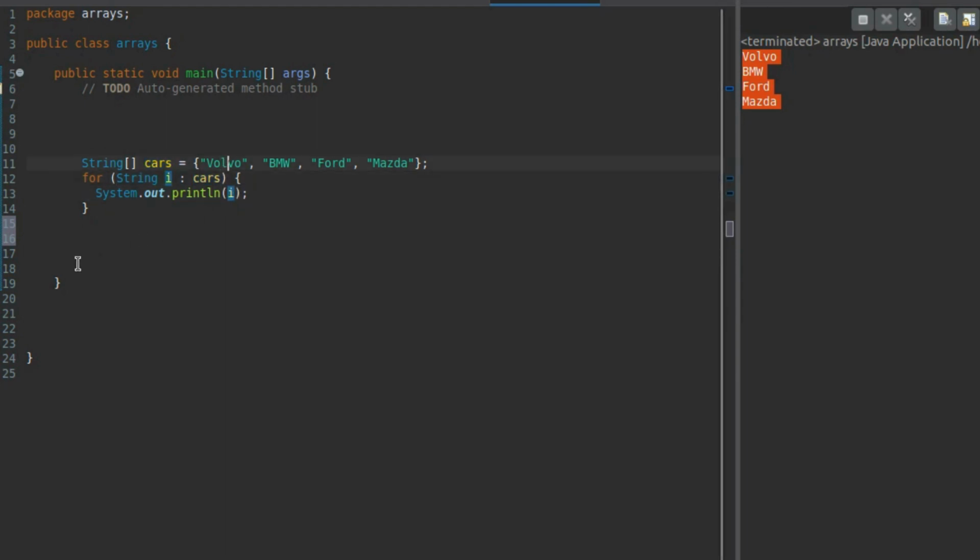Here you don't need to do like we did earlier, where you first say cars and then put in the position. No, you don't need to do this, because when you are using the for each, i is already referring to an element in the array. So I'm sure it is clear on this one. If there are any questions,